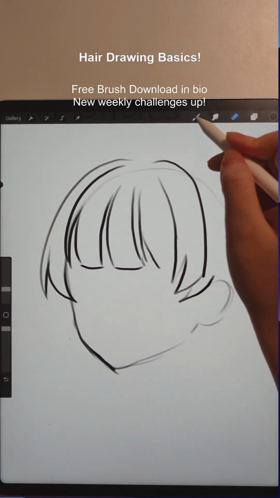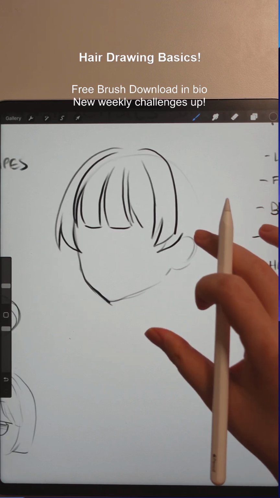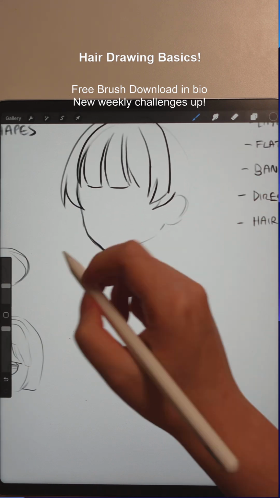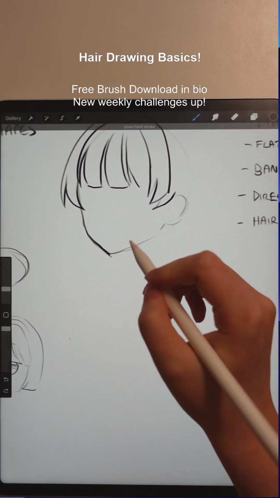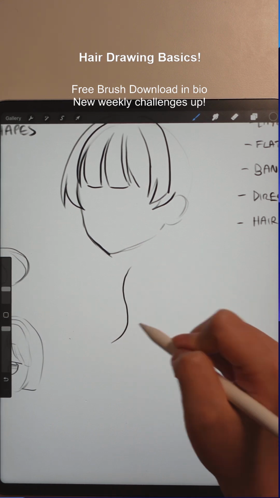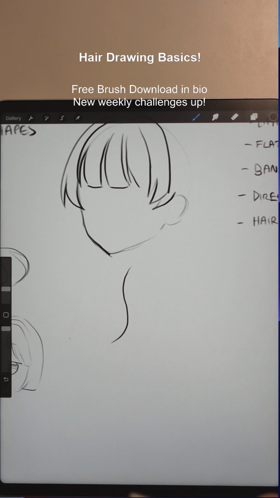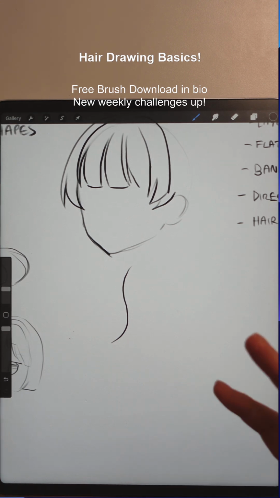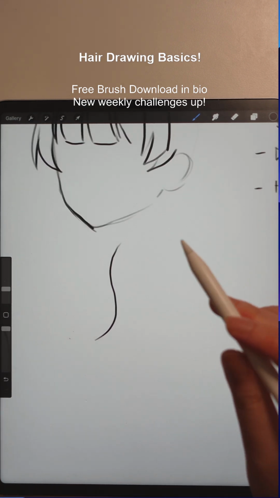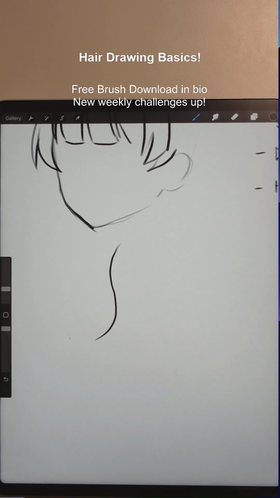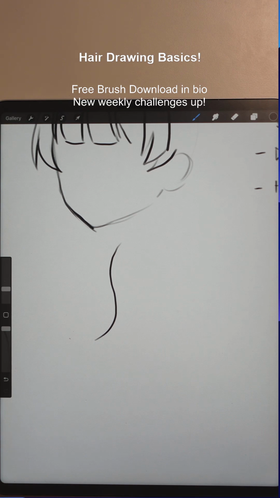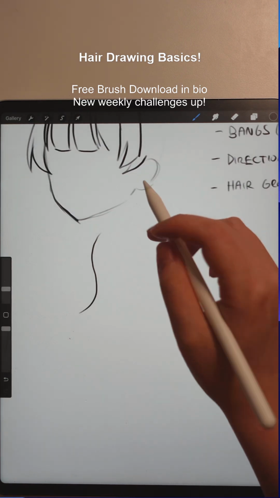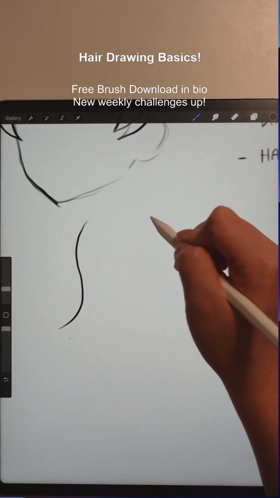And the reason is because all the lines are the same. What you want to do is try to vary your lines. Have some of your lines be harder than other lines. So what does harder mean? Harder just means more outliney, where you're trying to define the strand more. For instance, this is a softer line,